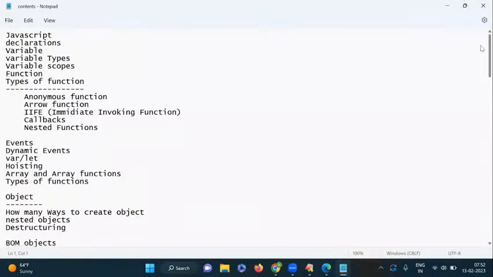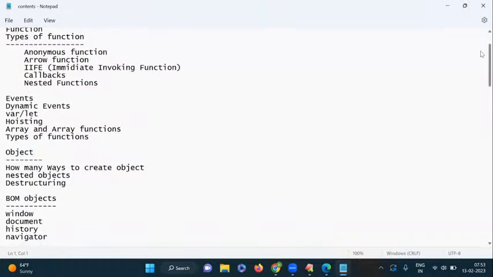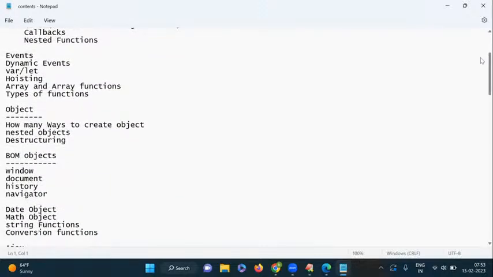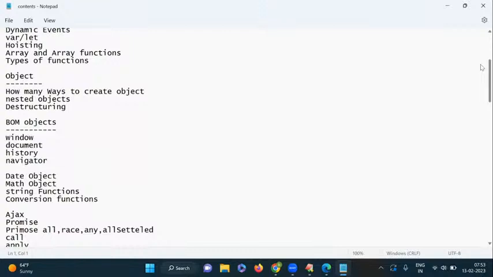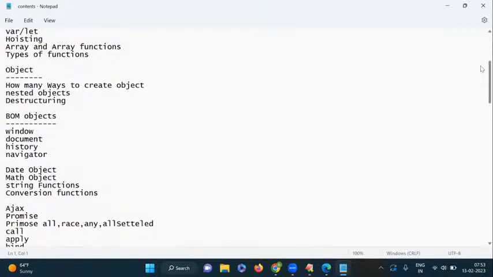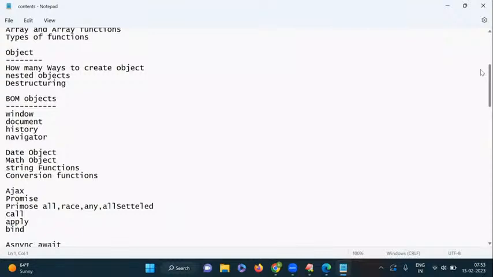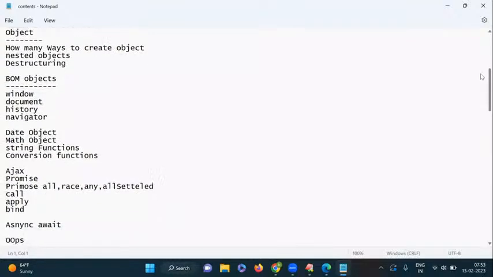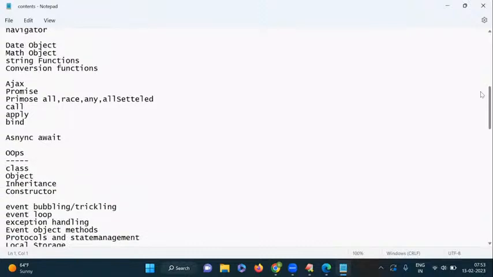Functions and how many types of functions we have, events and dynamic events, hoisting, array related functions and objects, and how to work with the object. Object is very important because the data which is coming from Ajax is in the form of object only. So how to read the object, and what the BOM objects we have, date object, math, string, conversion